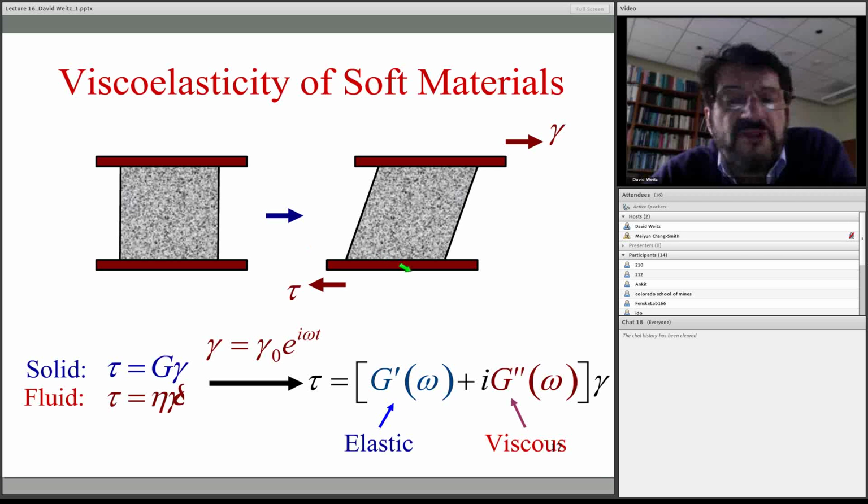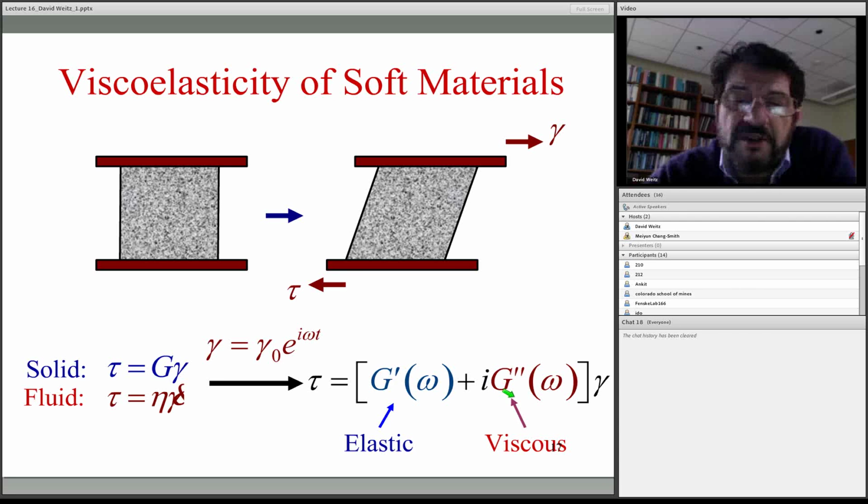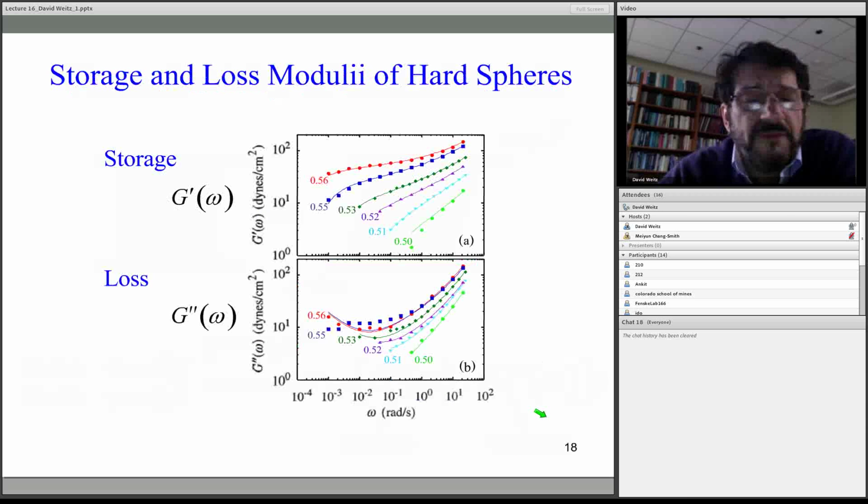You measure the stress, and you convolve it into the stress that's in phase with the drive and the stress that's out of phase with the drive. The component that's in phase with the drive is the elastic component, the elastic modulus. The component that is out of phase, that lags by 90 degrees, gives you the viscous component. And so if you just look at hard spheres along that line where there's no interaction,